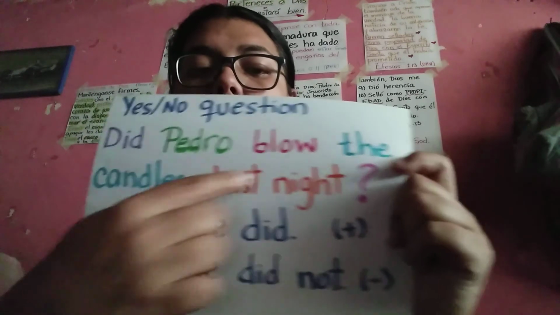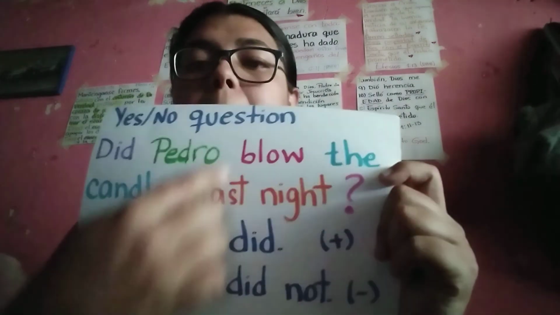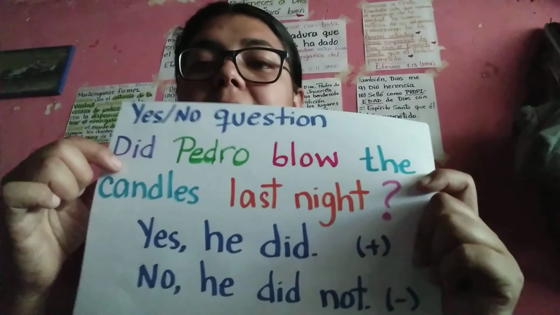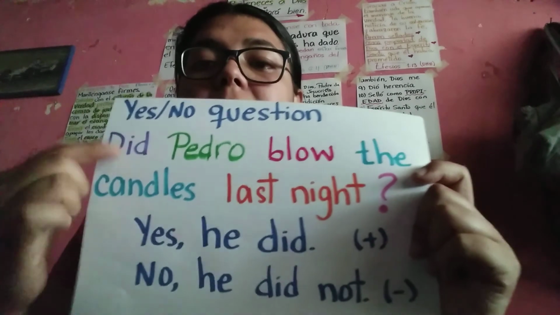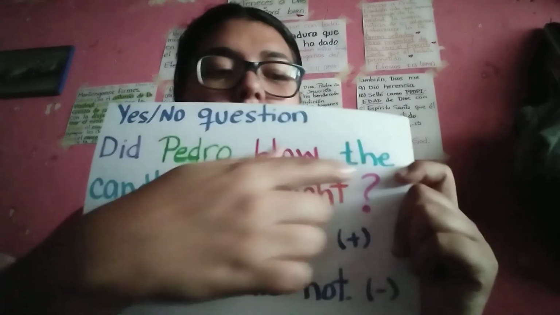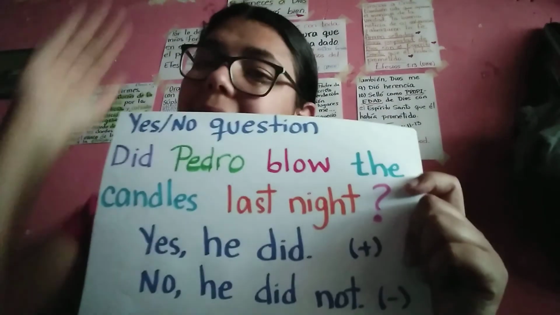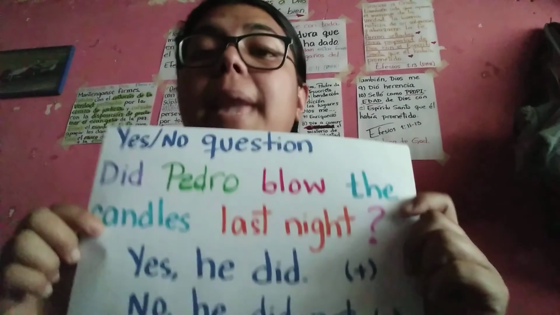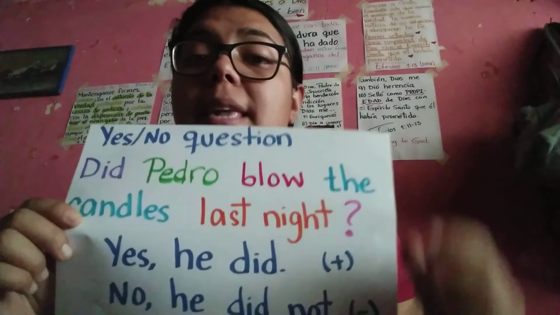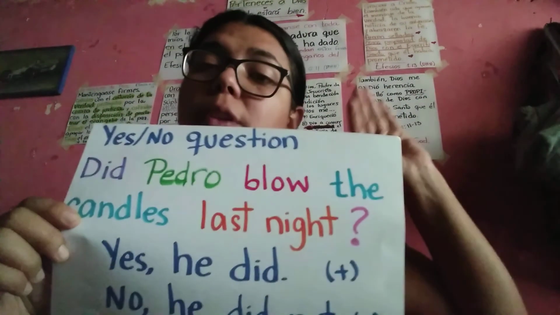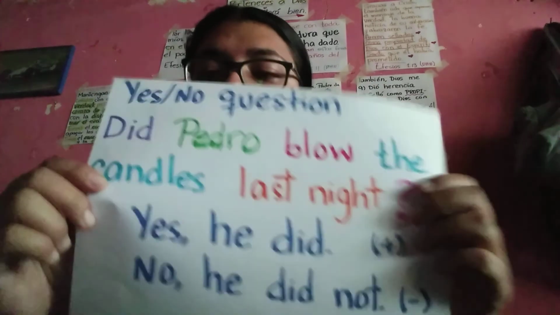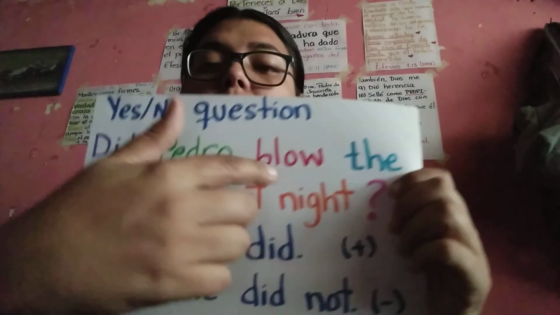Did Pedro blow? It keeps the base form since did is in here. Did Pedro blow the candles last night? Remember that when I'm creating a yes/no question, my intonation goes upper, right? Did Pedro blow the